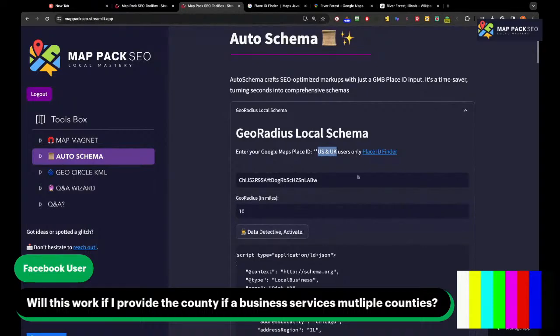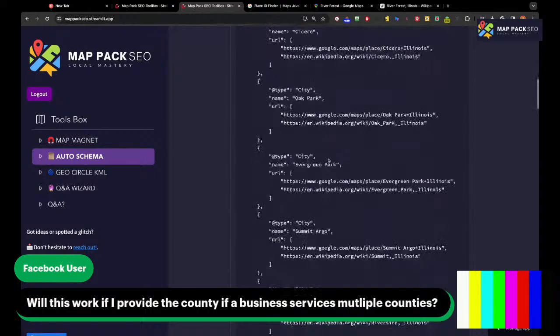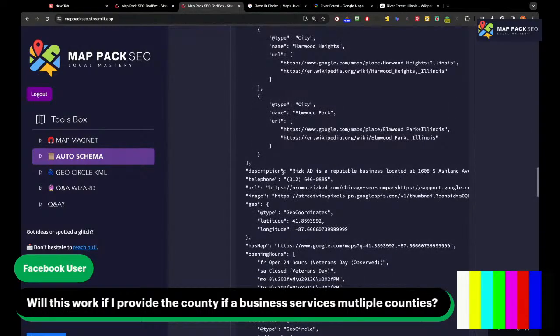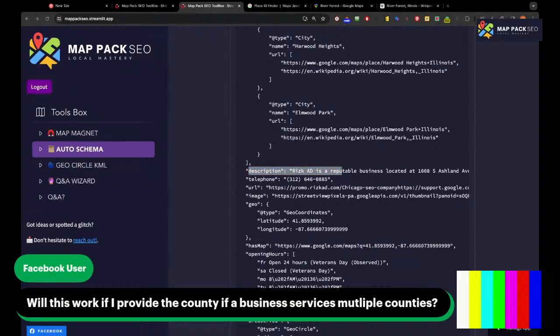The only AI piece with this schema is the description right here. Because of the API that I'm using, sometimes if it doesn't have the description, it gives an error to generate this, because each line is coded in Python code to be able to create the schema, which took lots of hours.